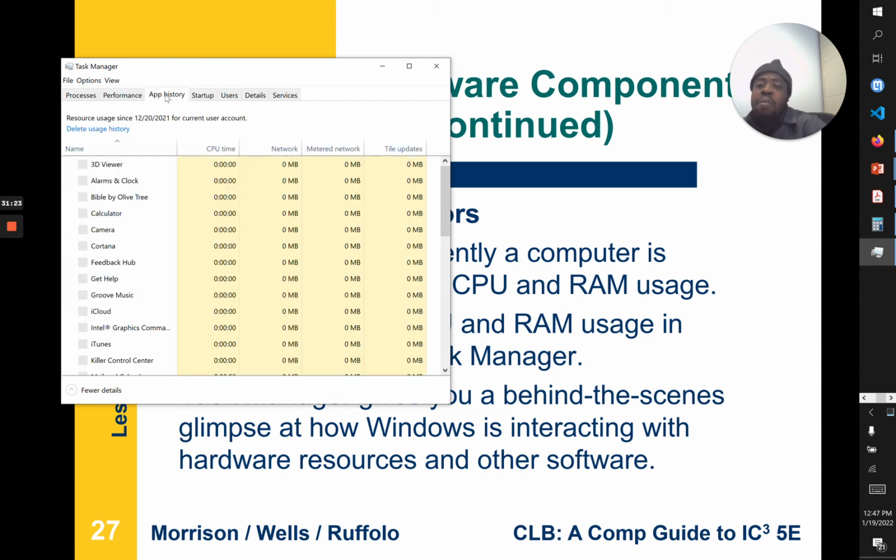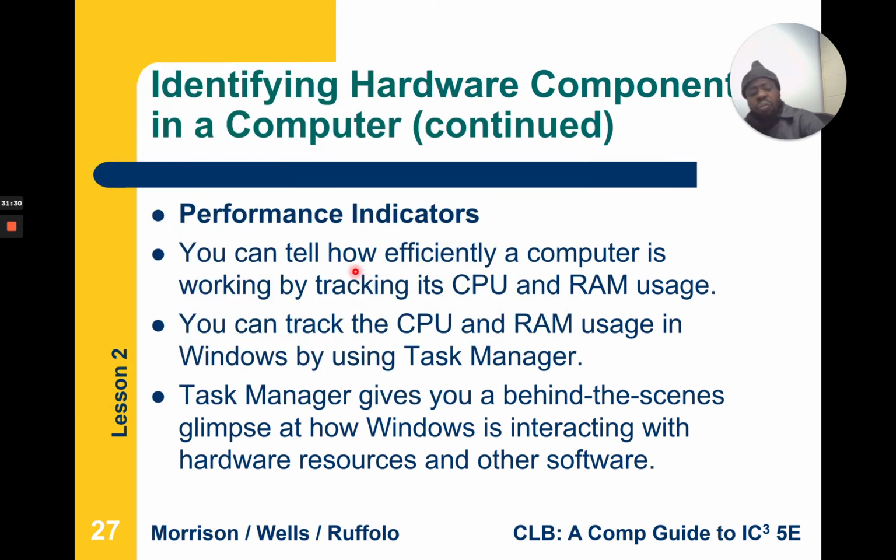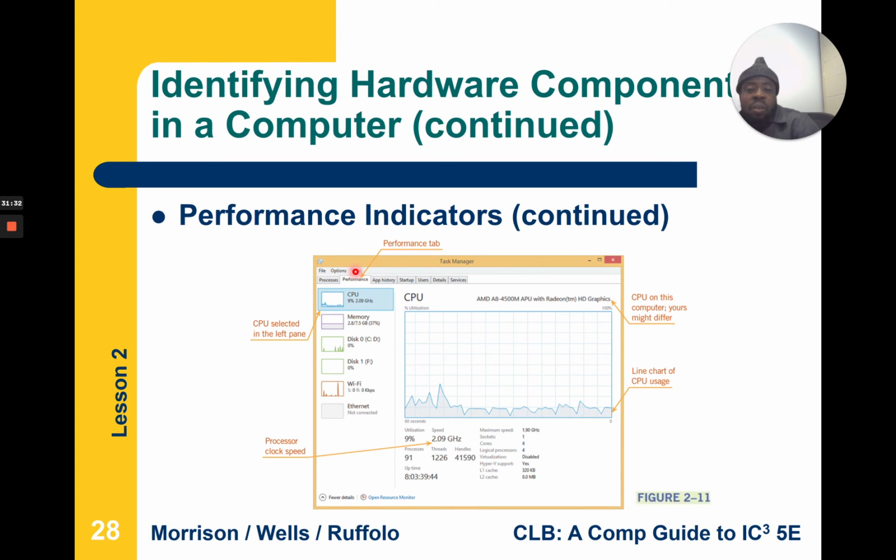You can see my apps memory, every other thing that I have. These are what I have on my PC. So that's what is called performance indicator. I've just shown you now. So on Windows, I don't know of Mac, but on Windows you press Control Alt plus Shift. That brings up the